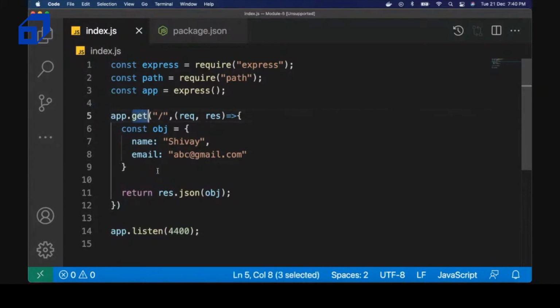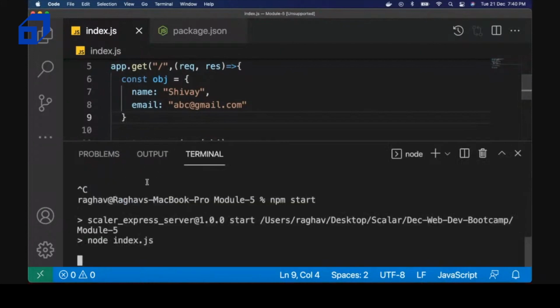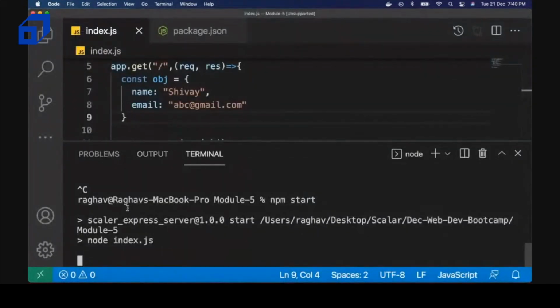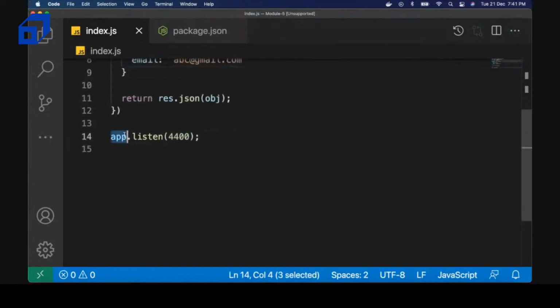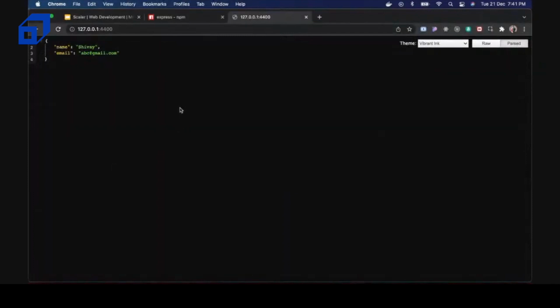So basically, if I change this index.js back to the simple slash, our code would be visible on the screen when we hit that endpoint with slash. Now, when I start my server, it should tell me that I have started my server or something like that. How can I do this? The app.listen function takes two arguments. The first one is the port, at which port it should be running. When I change this port to 4300 and restart my server,